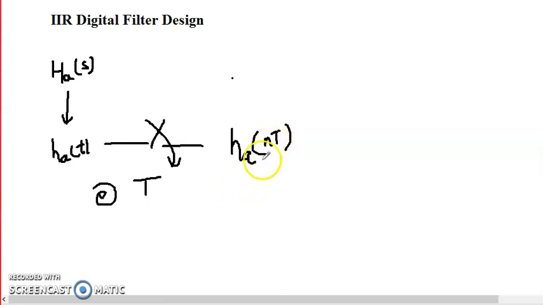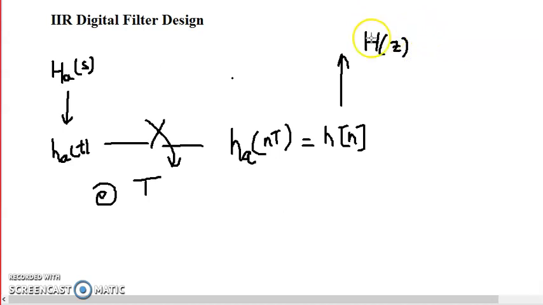which can be written as h(nT), and this h(nT) will be a discrete time system. This will be the sampled version. So the impulse response of this is what the impulse response of the digital filter is, and when we transform it to the Z domain, we will have H(z). So designing a digital filter means that we require this function H(z). Once we have H(z), we can realize it